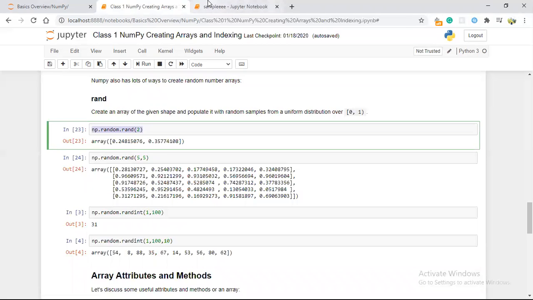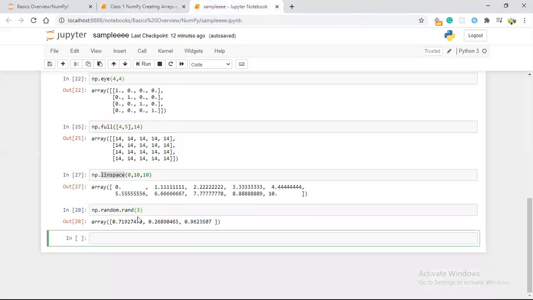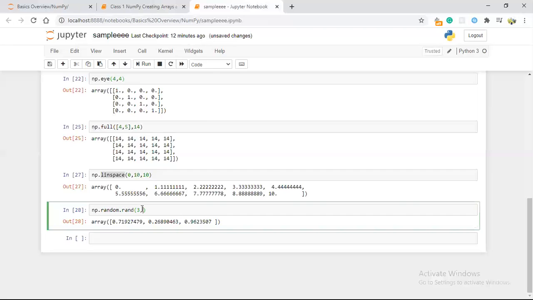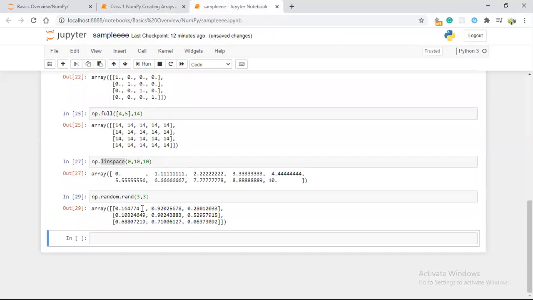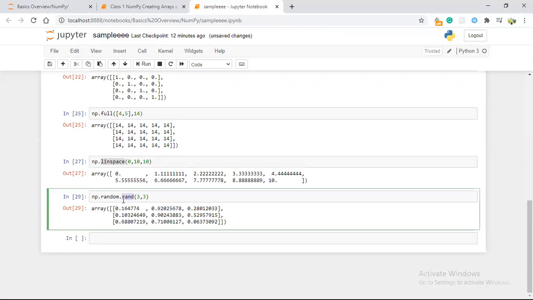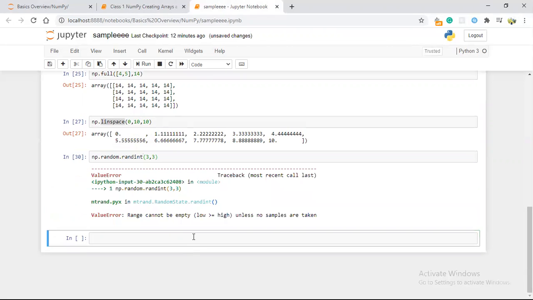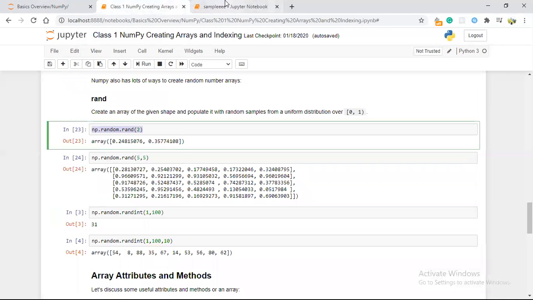So instead of this, if I am giving 3 comma 3, you will get 3 rows and 3 columns. So this is all normal. If you are giving numpy.random.rand, you will get values in a uniform distribution manner. If you are giving an integer, it will give you that integer. Now you are getting some value error.